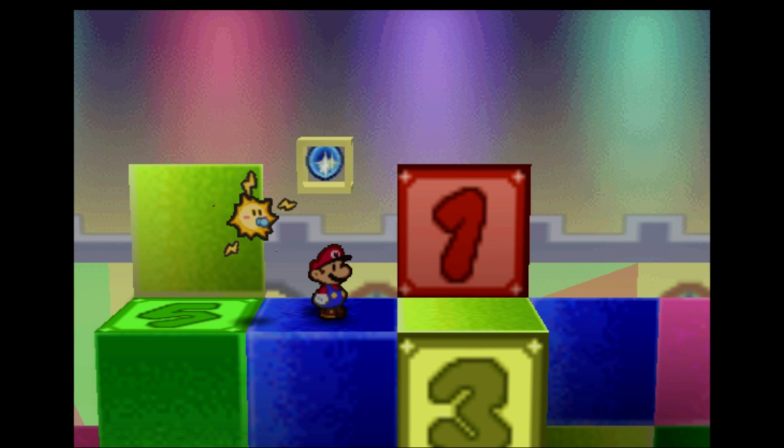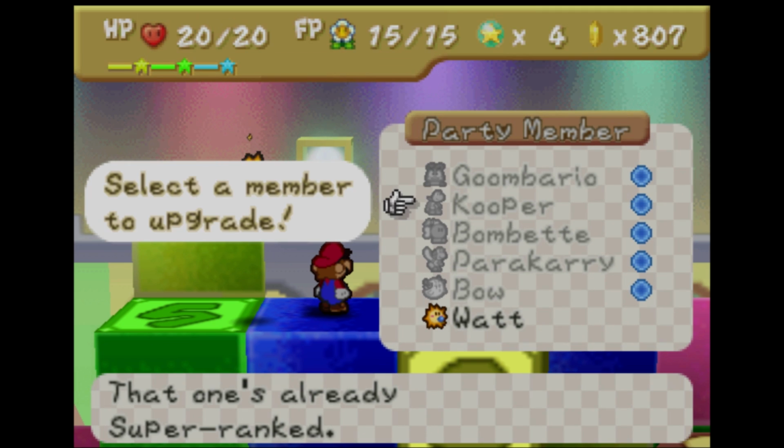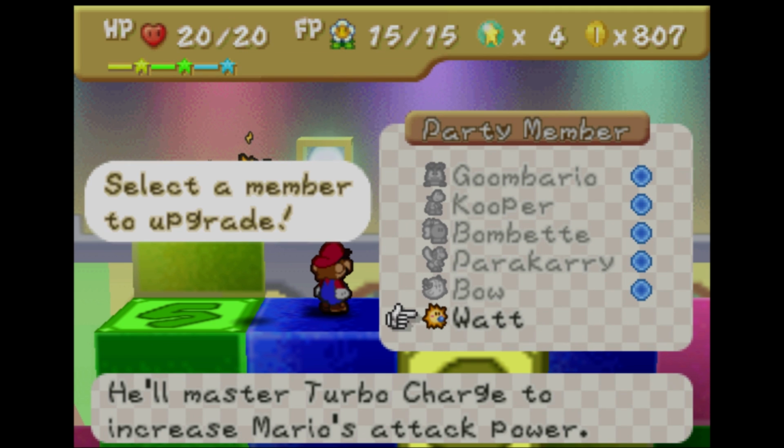So over here, we have a super block. We can actually upgrade Watt. Wow, how important that would have been for the boss battle. It's actually going to come in really handy because heal? Okay, well, here they're calling Watt a he, and earlier they said she, so I have no idea, but Heal